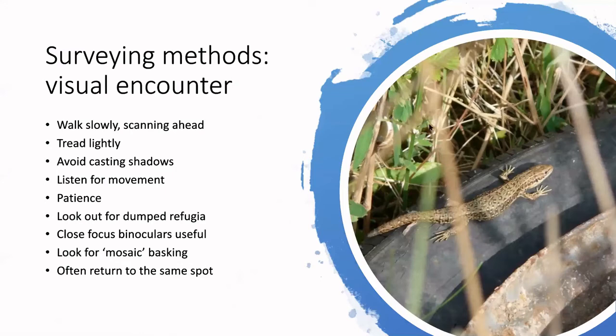So how do you do it? Let's say you've decided where you want your transect. How do you go about doing a visual survey? You walk relatively slowly compared to your normal pace, and you just scan ahead, maybe a few meters ahead